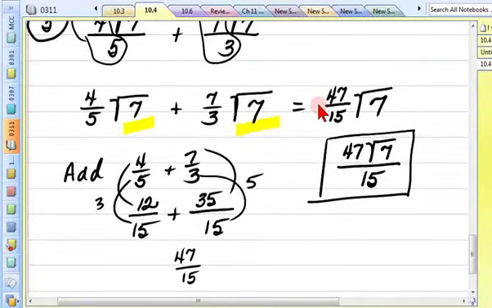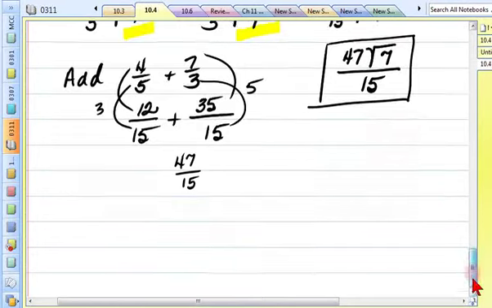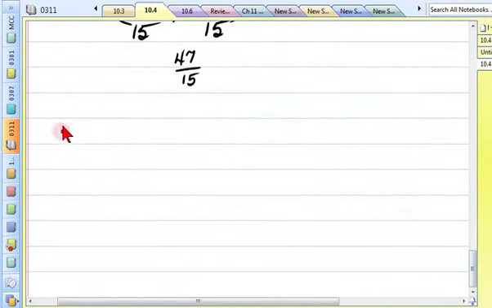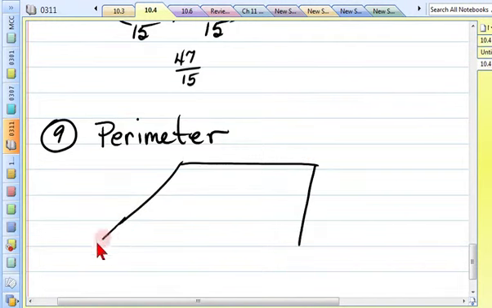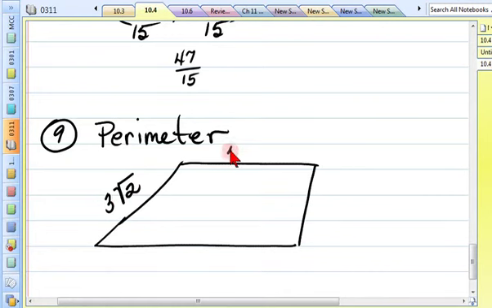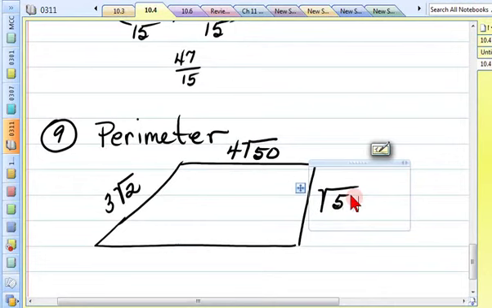All right, there are a few other problems where you're going to be doing addition and subtraction. Although I really don't want to do it, let's just take a look at number 9, because when you see it, you'll think, oh my gosh, why didn't she go over that one? It asks you to find the perimeter of a trapezoid, and it has this figure drawn, and mine will not really look a lot like it, but looks kind of like that. And it has 3 times the square root of 2 inches, 4 times the square root of 50 inches, the square root of 50 inches, whoops,